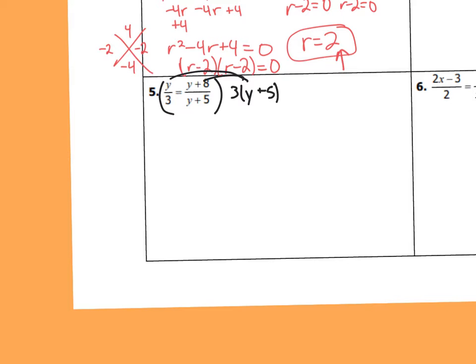Distribute it out. Okay, so when we multiply it by the first fraction, what are we missing? Y plus 5, so I need to do y times y plus 5, right? Equals what? 3 times y plus 8. Good. Distribute, so we get